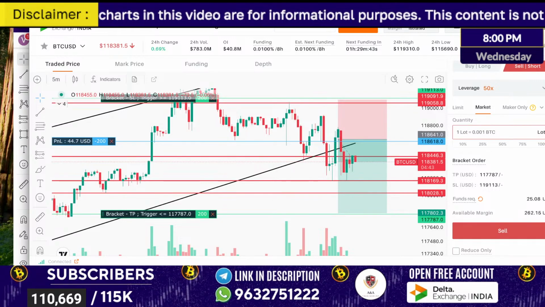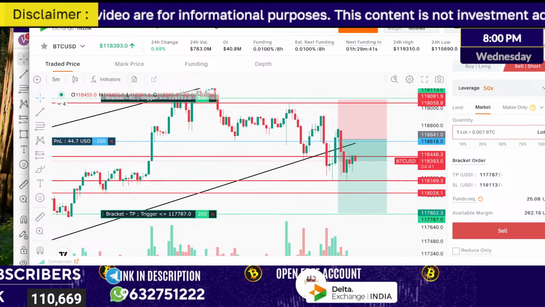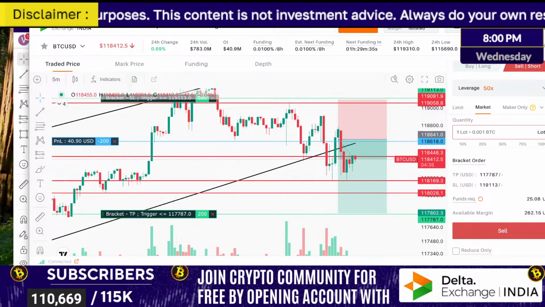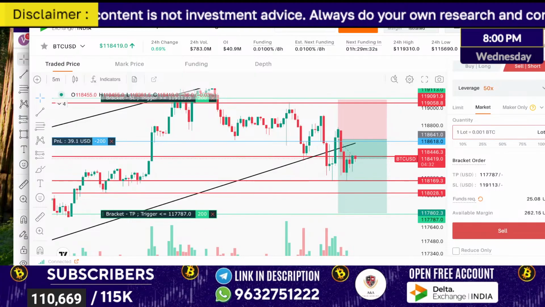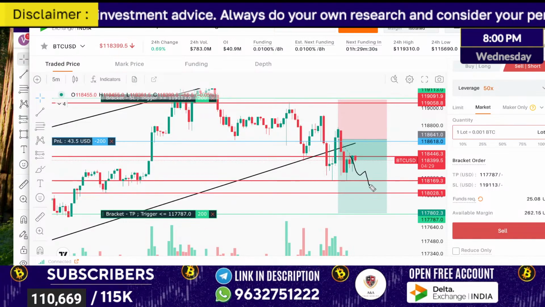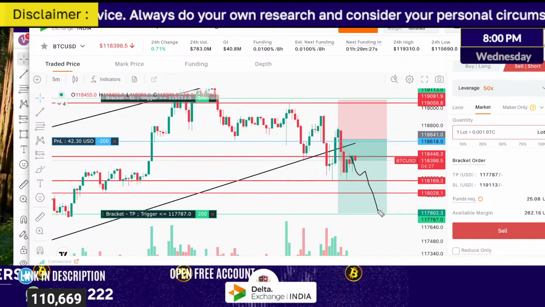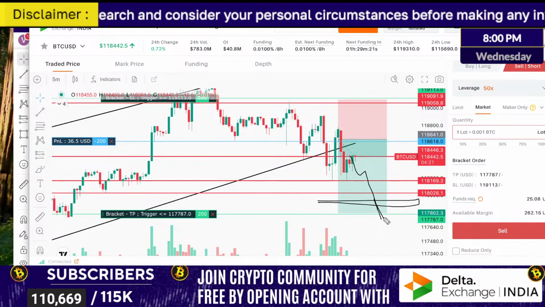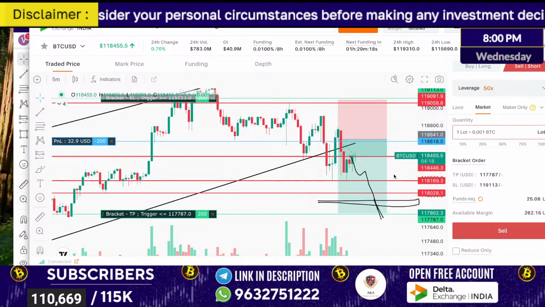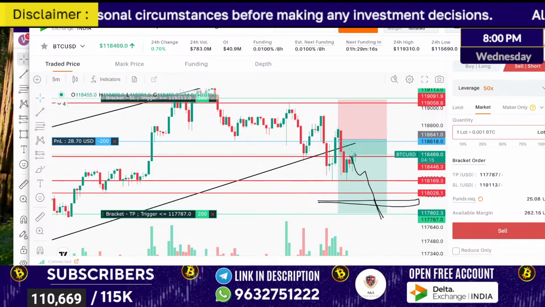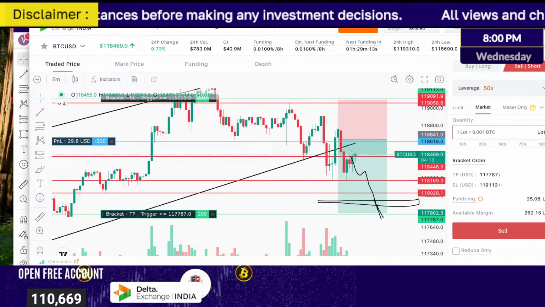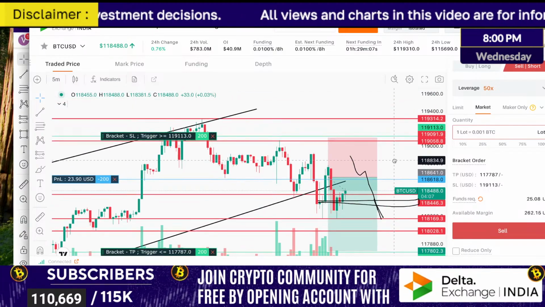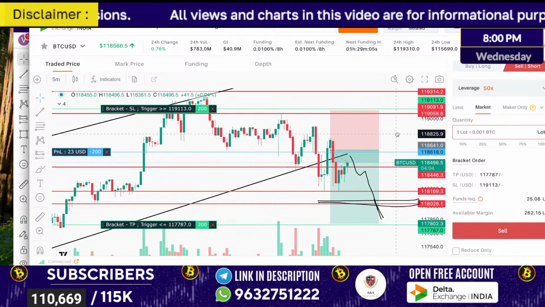Can we do, as per the liquidation heat map, the market can go to the 1,17,900 zone, right? I have chosen 800. If the market goes to this level, there is a possibility it can do that, right? So up to this zone, and in case it starts moving towards the upside, there is liquidity at other places also, but the recent highest is at 1,19,000, above this upper level itself.